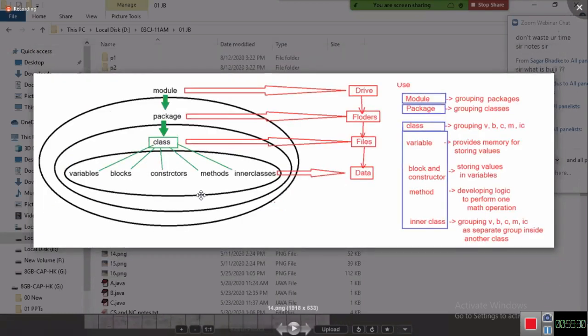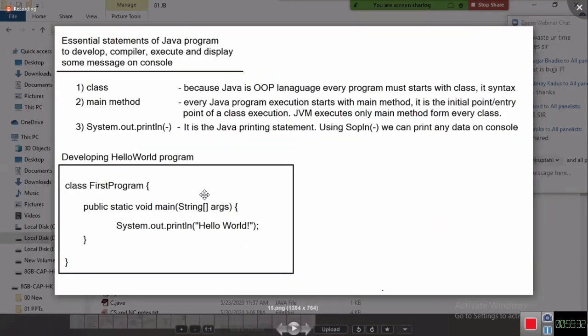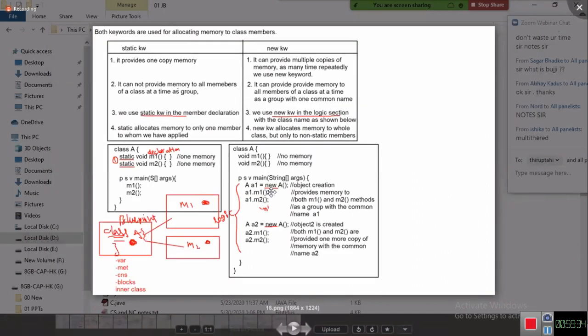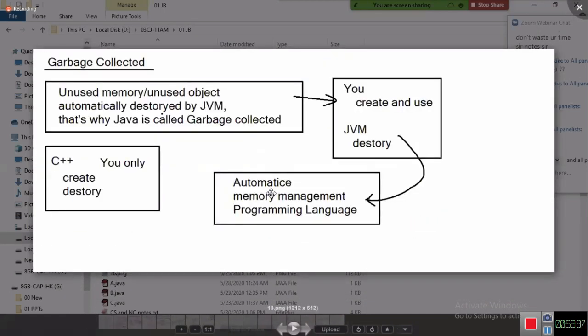And last, open source programming language. Array, that slide is missing. Okay, no problem. What is the meaning of open source? An open source language is nothing but a language that is available for free download, and also available for reading the source code, and also available for contributing our time to develop new functionality. That's why it is called open source.